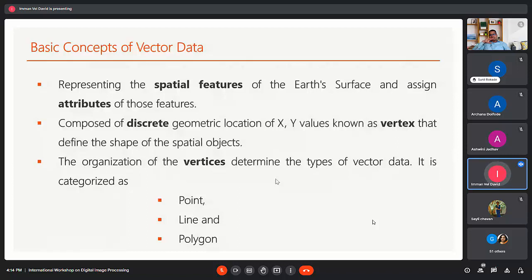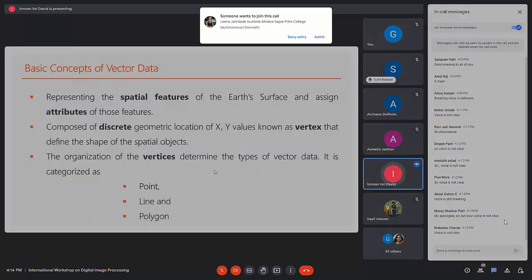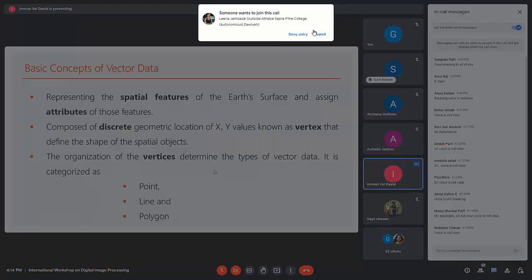In the data structure of the point file, you can see in the image, if you are creating a point file in any GIS software, it is stored in the geodatabase in the form of longitude value x and y. This is the basic concept of storing within the software.